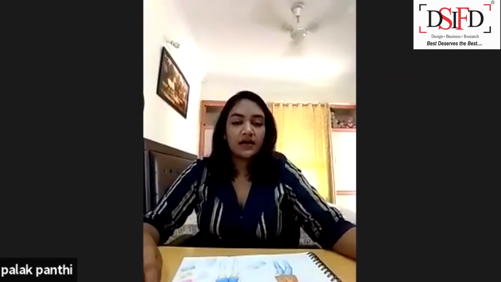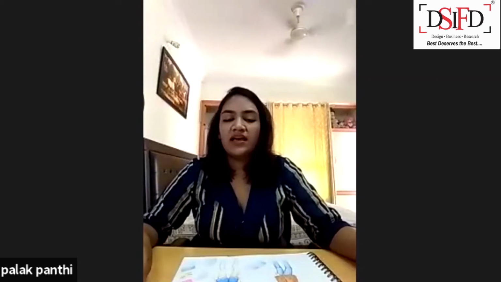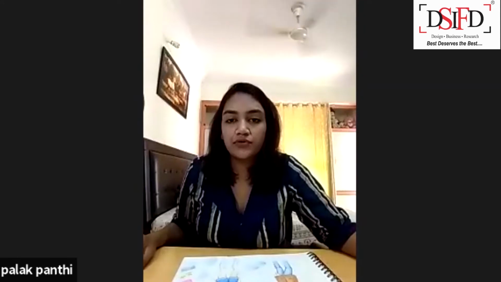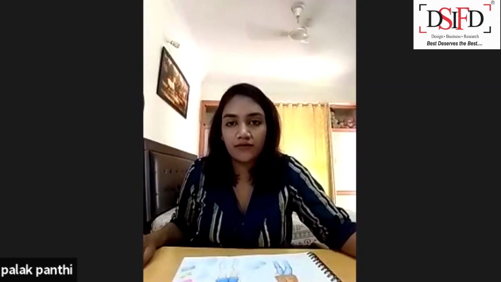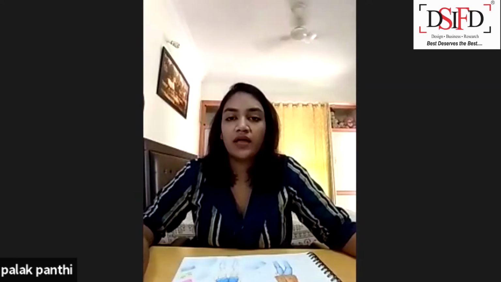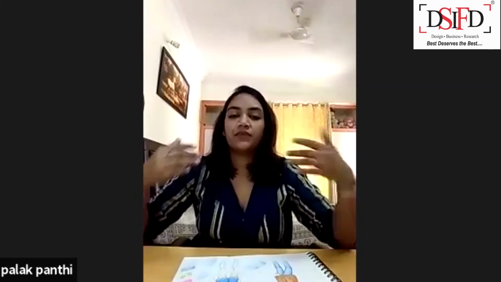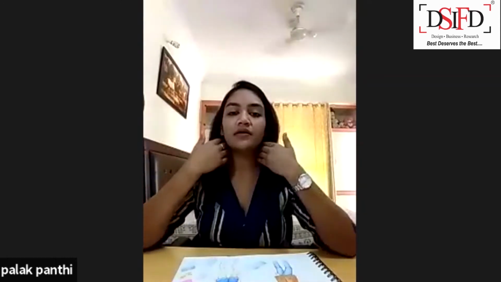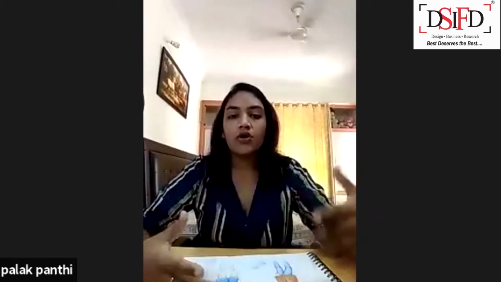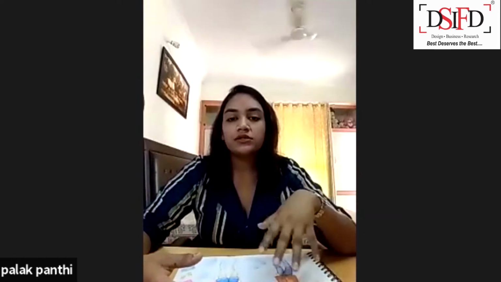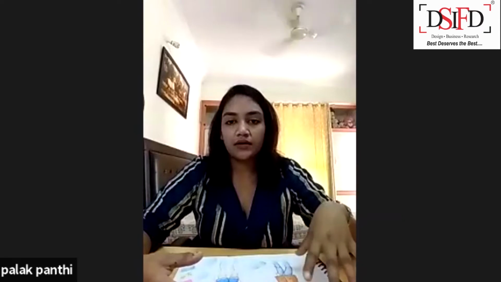And second thing is, again, in any texture or any rendering, remember the highlights and shadows, because only with that you give the 3D effect. Like in skin rendering, I also told you that the corners and the hidden parts are more dark. You can see right now, this part of mine is dark because of hair and the under chin area. So all these things you have to keep in mind. Same thing you have to do in fur. Fur also has highlight and shadow in it.